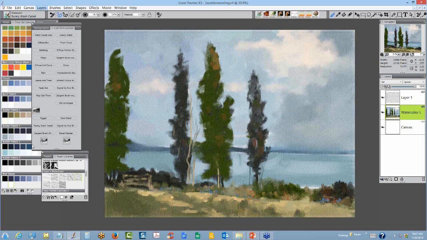And again, because it's on a watercolor layer, it gives you the opportunity to begin playing with it, incorporating some additional ideas or value changes into it using watercolor, or you can convert it to a default layer or simply drop it to the canvas layer. And I'm going to do that at this point